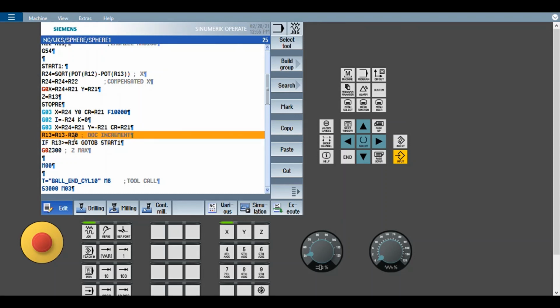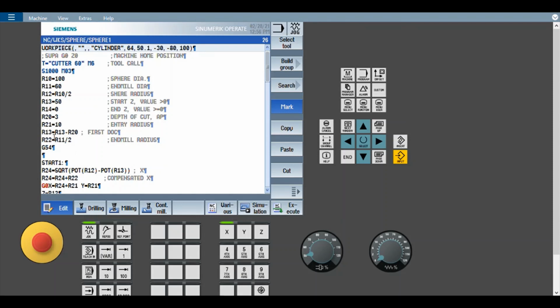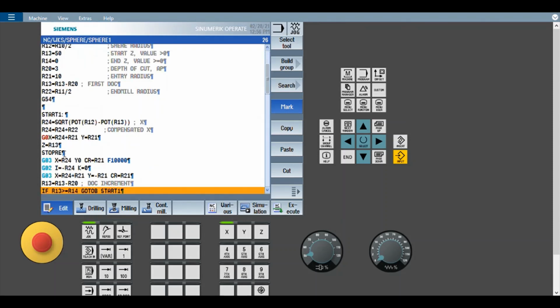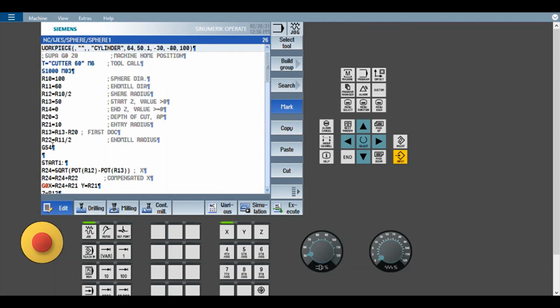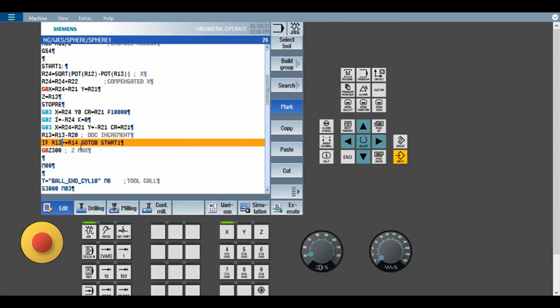Whatever Z value is there, the depth of cut value is incremented, and the Z value is checked whether it is more than R14. The value of R14 is end Z. So if it is more than that end Z value, it should go back.